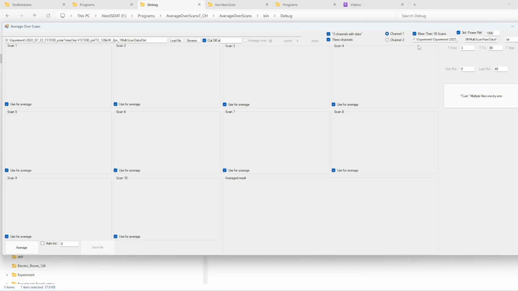Then, a quick note: here there are more than 10 scans, file names, and then temperatures and rotations. This part will not be discussed in detail. It was created as a one-time fix for a bug in the program, to fix the average for the temperature and power dependent measurement. So I will not go into deep detail on how it works, but what it basically does